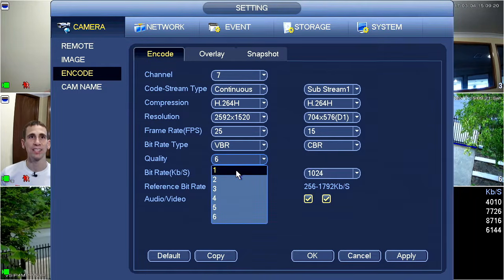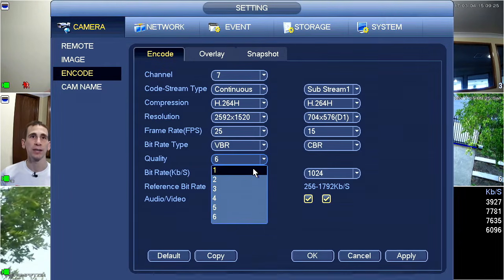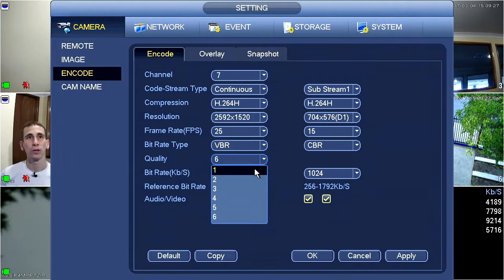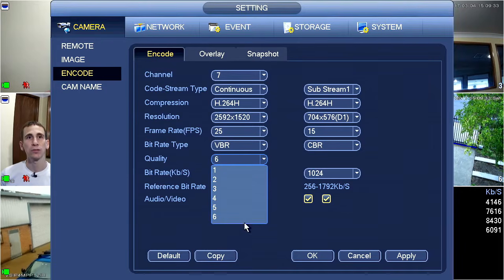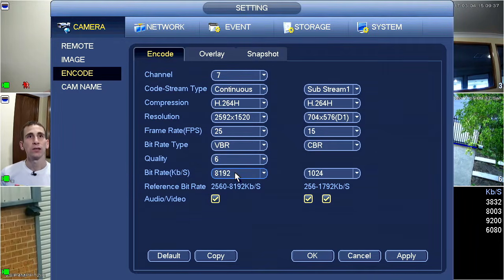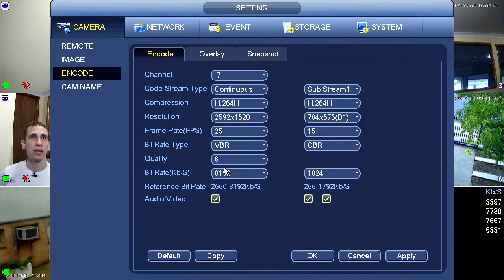Now this is a relative value. You need to experiment with it depending on your scene complexity and the camera that you've got, but essentially quality of 1 means that you want the least possible data in use, and quality of 6 means you want the best quality images. So what this does is we still have an 8,192 kilobit per second peak, but if there's